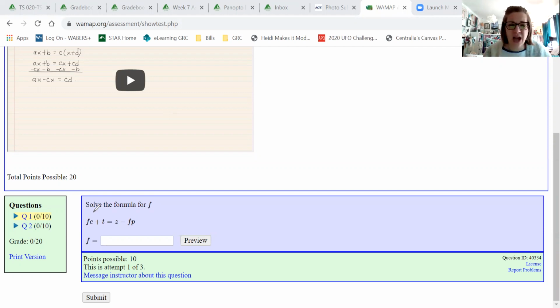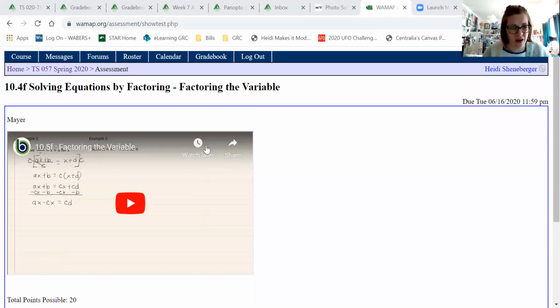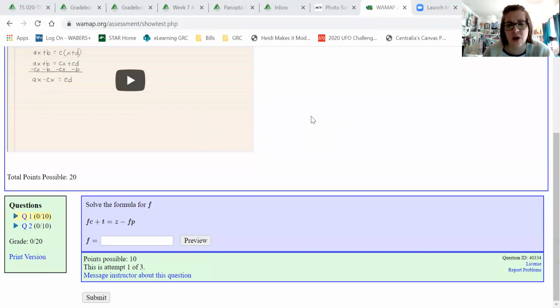I'm not actually certain why this is in 10.4, except that sometimes we do have to factor something out. I sort of feel like it relates more to things that we did in the first unit, unit 7, like with linear equations. So anyway, let me walk you through this because I know she showed you a couple of problems. Hopefully you won't get these exact same problems when you do the 2 in WAMAP. And then we'll add this to our journal as well.